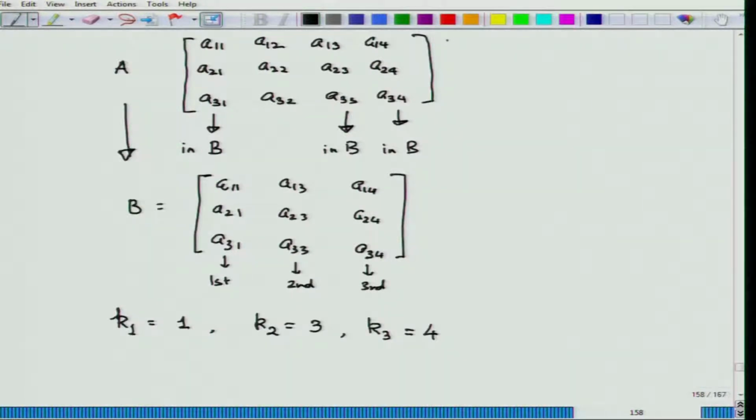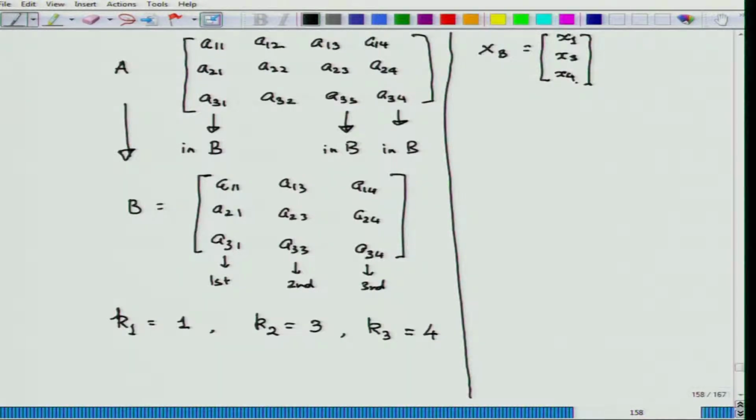So, I will just divide this page a bit. Now, XB denotes the vector whose components correspond to these columns. So, XB in this case would correspond to the basis columns. So, x1, basically xk1, xk2, xk3, so x1, x3 and x4, this is my basis part, and the remaining are the non basic part.